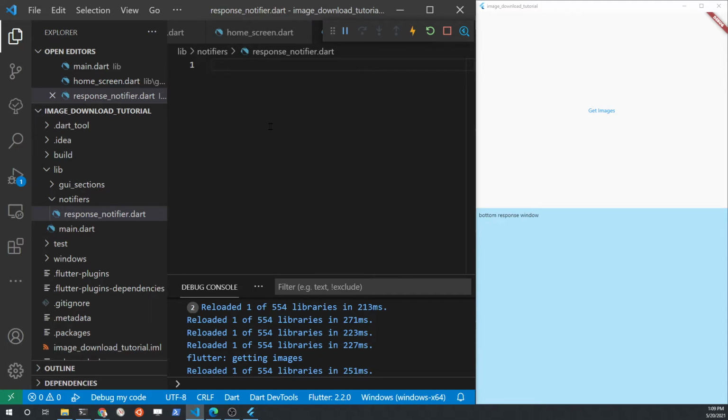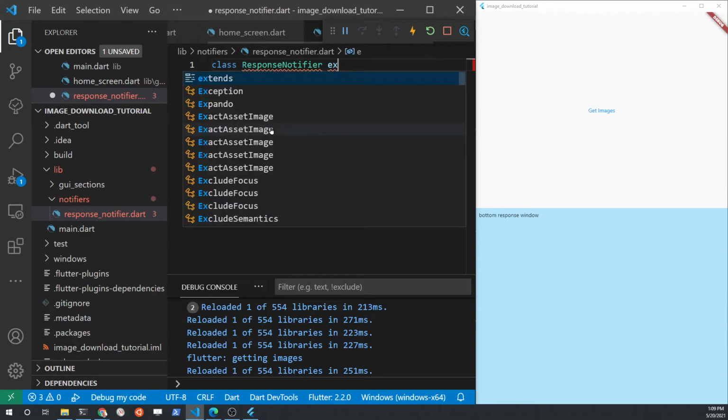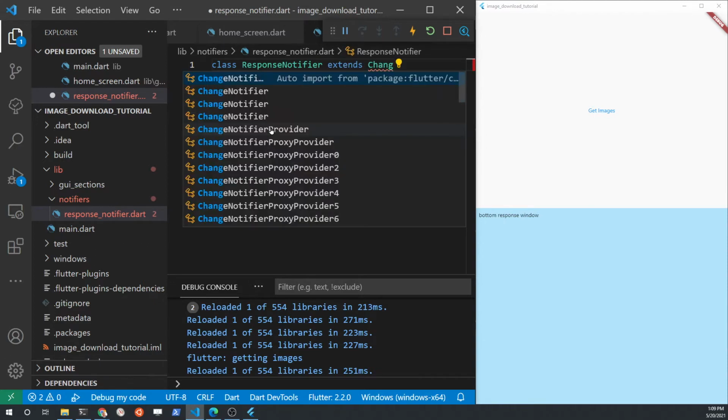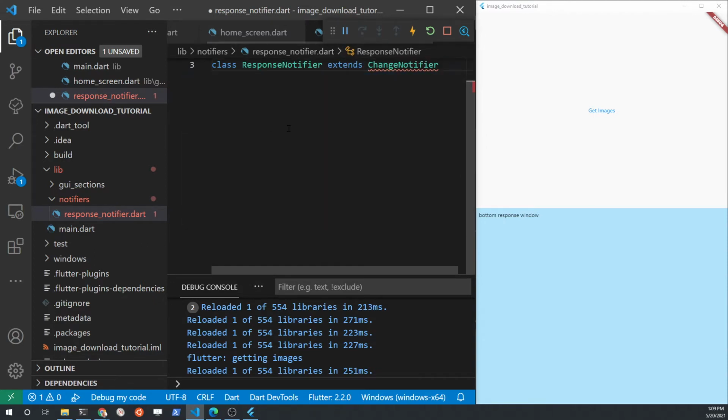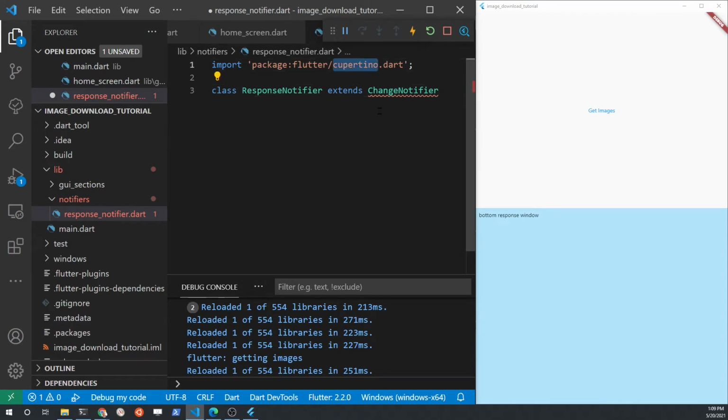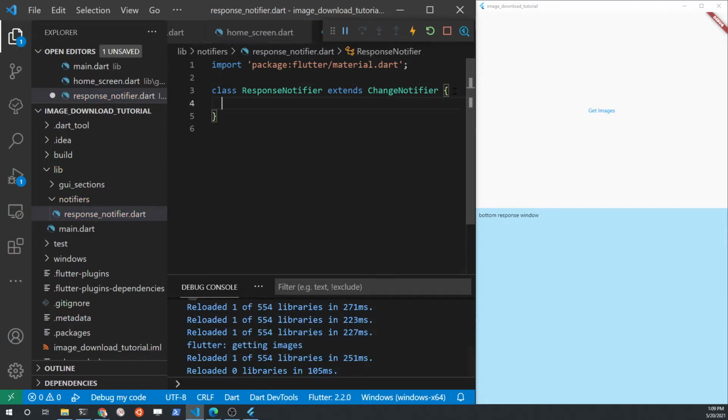In the notifiers folder, in the new file, response_notifier.dart, create a new class called response notifier. This class extends the change notifier, which is from Flutter. The change notifier is actually not part of the provider package. The provider package, which we added into our application in the previous video steps, actually it just makes the change